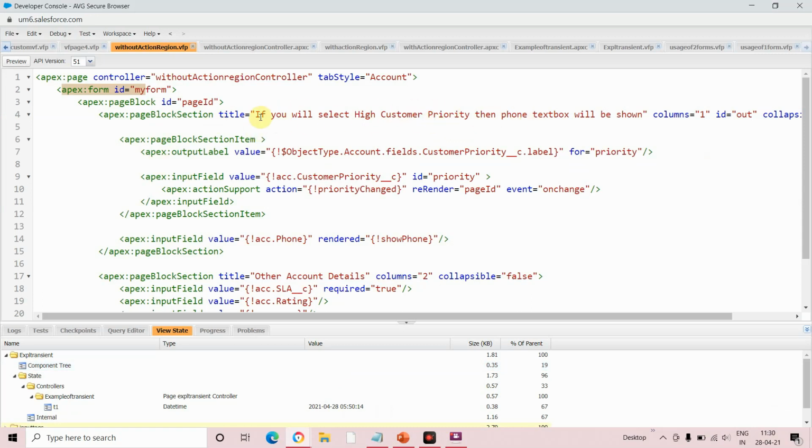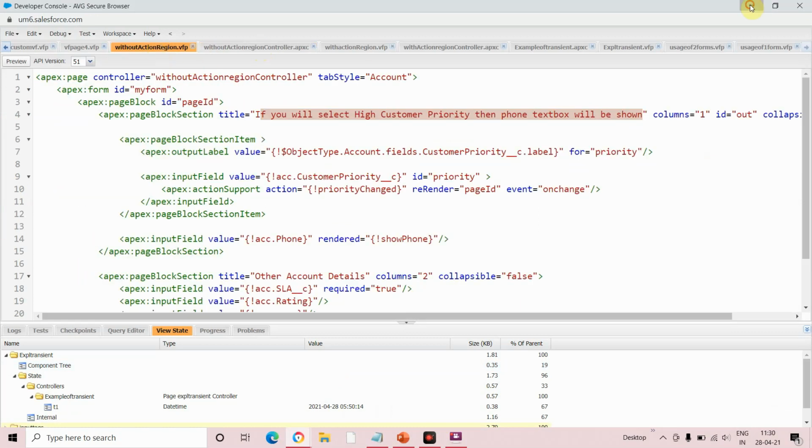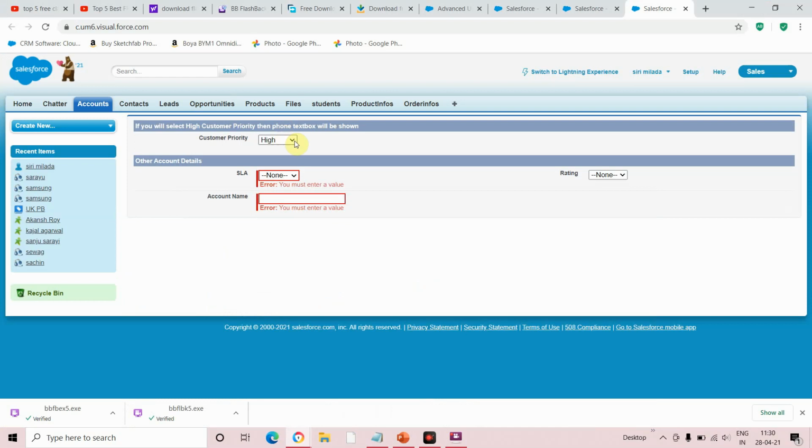If you select the high customer priority, then the phone text box should be shown, and here I'm not using any Apex action region. But it is not displaying, right? Whenever I have clicked customer priority as high, it is not displaying.